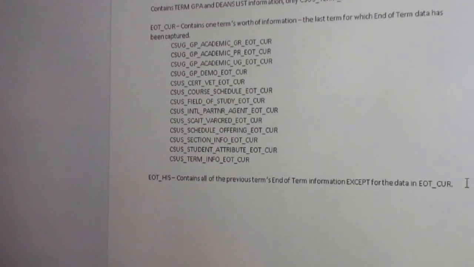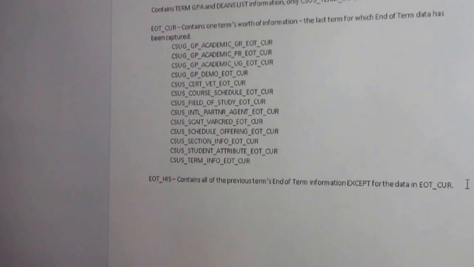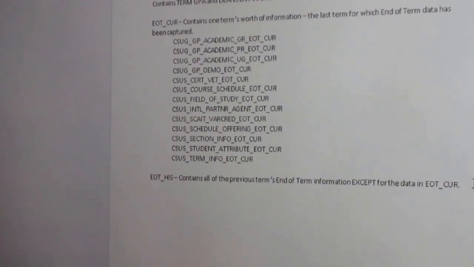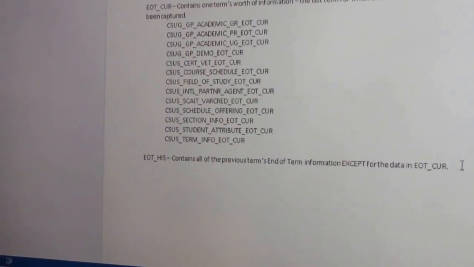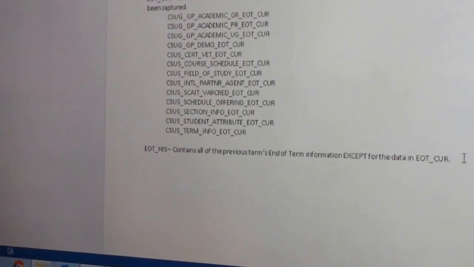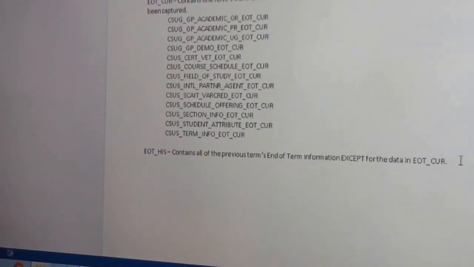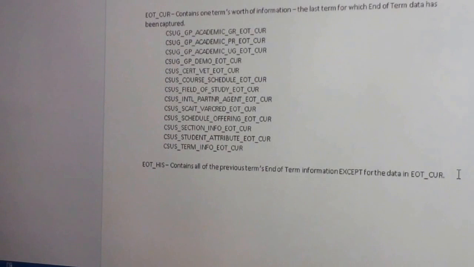But we have begun to ease up on the Sunday after end of term because really we're capturing Thursday night's data. Because we're capturing at noon on Friday, and the ODS refreshes haven't happened on Friday night. So end of term data is at noon, so it's really the night before's data. And people had a chance to look at the data and make sure that it's